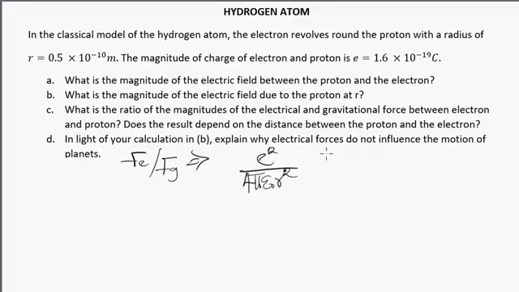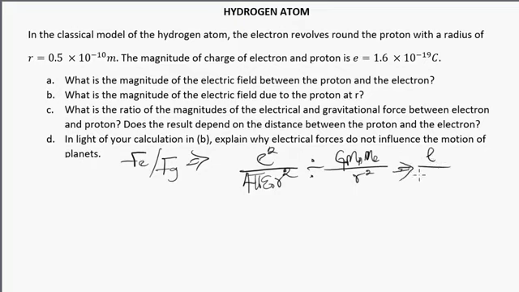Right? So, divided by the gravitational force, which is G M1, or let's say M proton, and then M2, which is M electron, over R squared. And then you know the law that is applicable here. If we have to change this to a multiplication sign, that means we'll have the reciprocal of this, and as such, this becomes